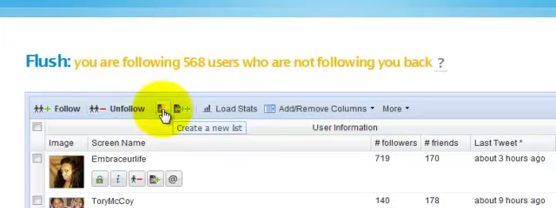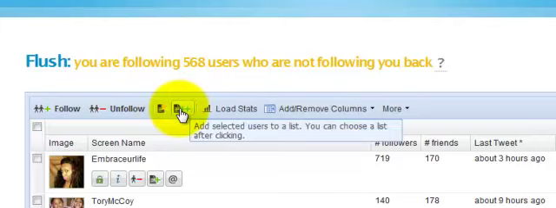Then you can create lists. If you're doing any type of niche marketing or affiliate marketing, mind you, I definitely would suggest that you create different profiles for that. If you're doing affiliate marketing, then you're going to want to create a profile related to that niche. So you might want to create a specific list, so you can list people as new contacts or build relationships or whatever it is.